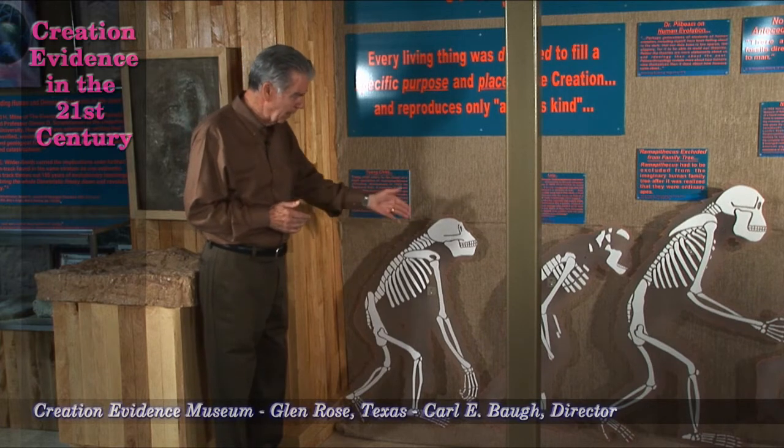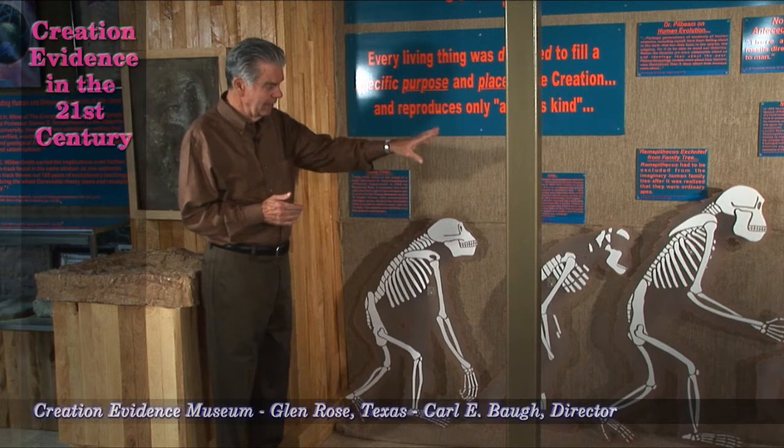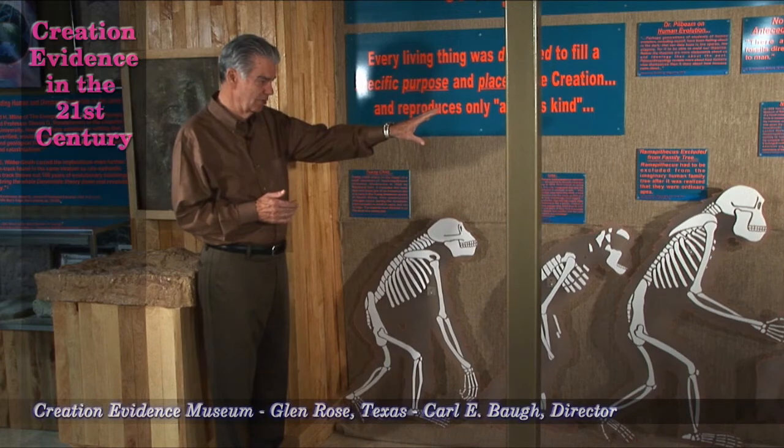In the episodes having to do with the appearance of man in the fossil record, I'd like to state that the actual bones that have been discovered for the fossils supposedly showing the development of man from lower life forms, the actual fossils that have been discovered, are given in white in the outline in the panorama here at the Creation Evidence Museum. You'll be surprised at how little information has actually been discovered.